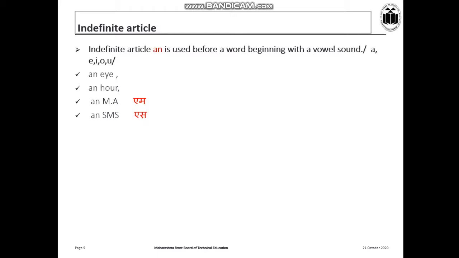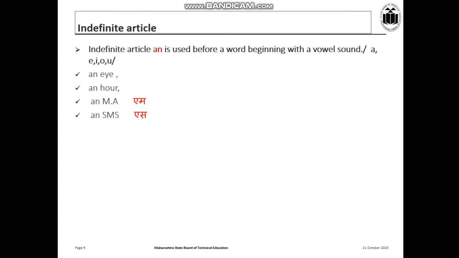So what is vowel sound? If there are sounds like a, e, i, o, u, the original sounds of a, e, i, o, u are different. Majority of the times we feel that we have to put an before vowels, but it is not before vowels, it is in front of the sounds of the vowels. For example, an I. An I means the letter I, whose sound begins with a vowel sound. So for that reason, we are using an here.